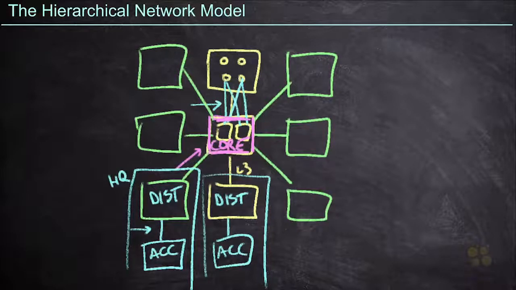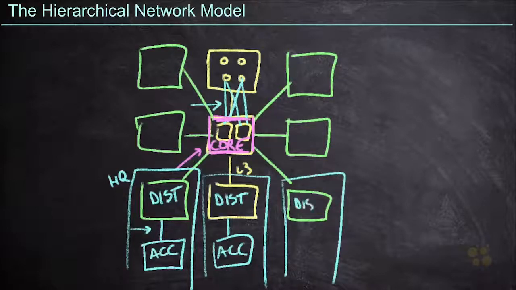One of the advantages of having a modular model is the fact that we can copy and paste a concept like a distribution block and an access block and use it as many times as needed. For example, we might even have a third building over here with yet another distribution block and yet another access block. And we can have as many of these as we need in our network in order to build it out. This is a far superior way of scaling out our network as it grows,